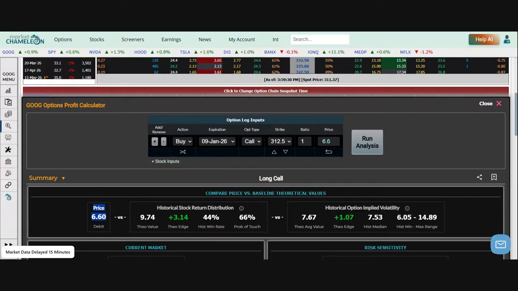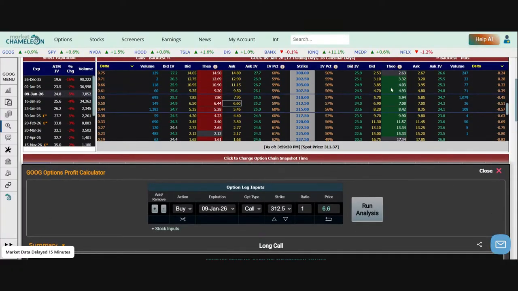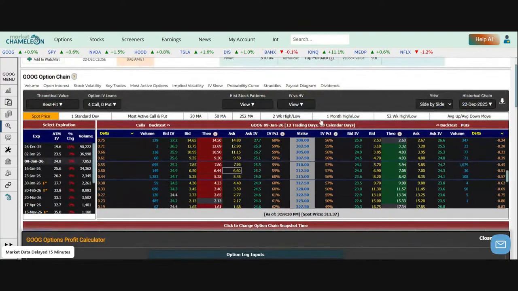And let's compare that. Well, if we took the option prices historically and benchmarked them to similar situations, we look at 12 trading days with the strike price 0.4% away. We looked at the implied volatilities for similar options, and if we just use those implied vols and plug them into the option pricing model,